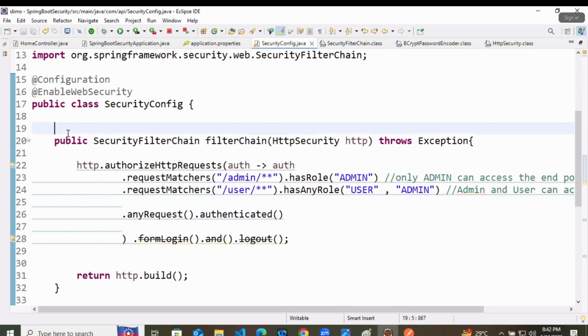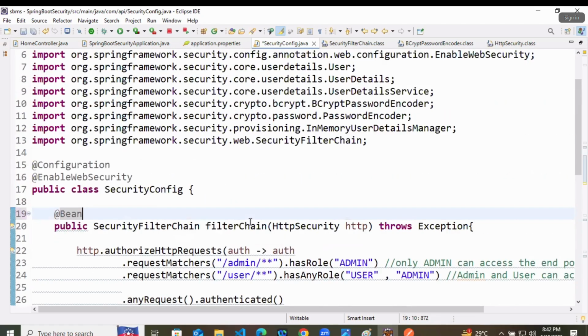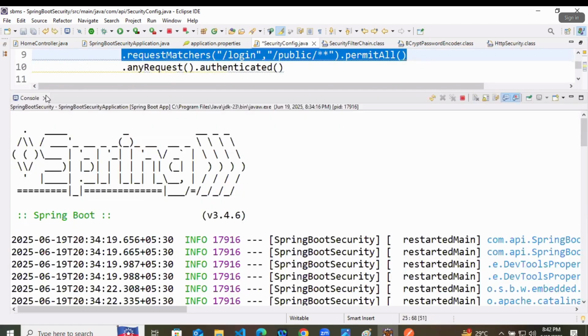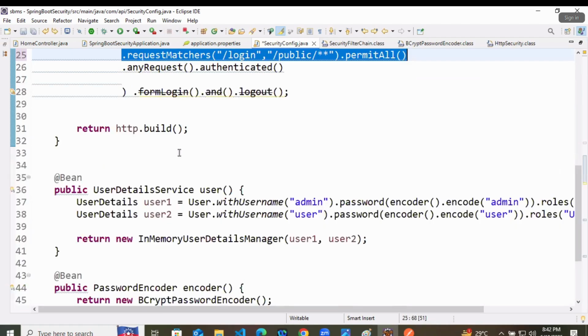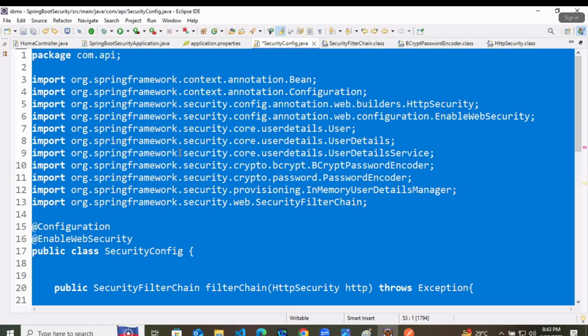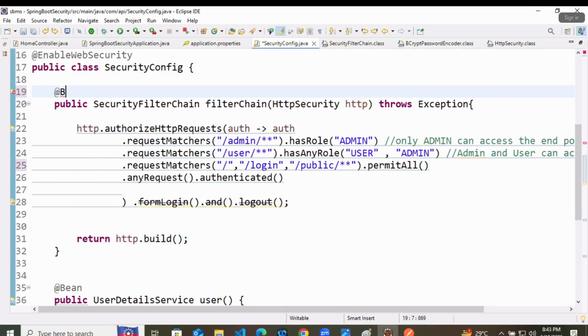Okay, got it. At first we have to annotate it with @Bean because it is not getting registered. My bad. We have to register it as a bean.